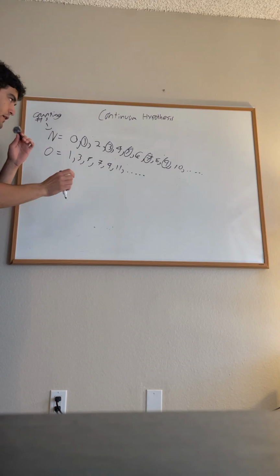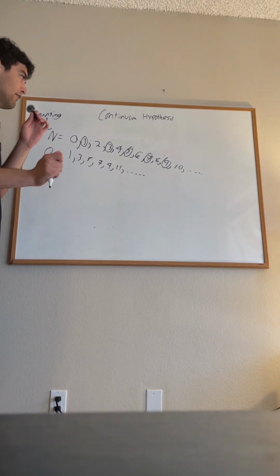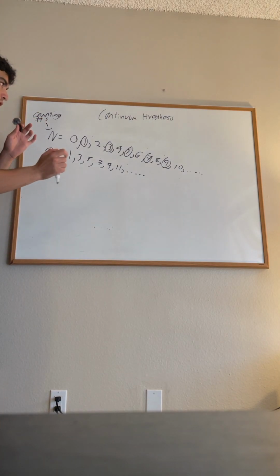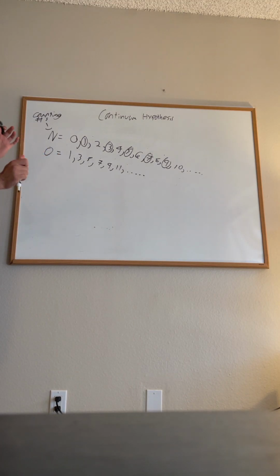It looks like, since the natural numbers is both your even and your odd numbers, and your odd numbers are just odd, that this set of odd numbers should be exactly half of the natural numbers. So intuitively we think, okay, the natural numbers is greater than the odd numbers and it's twice as big. But that's actually not true, because if we use our cardinality definition from before,